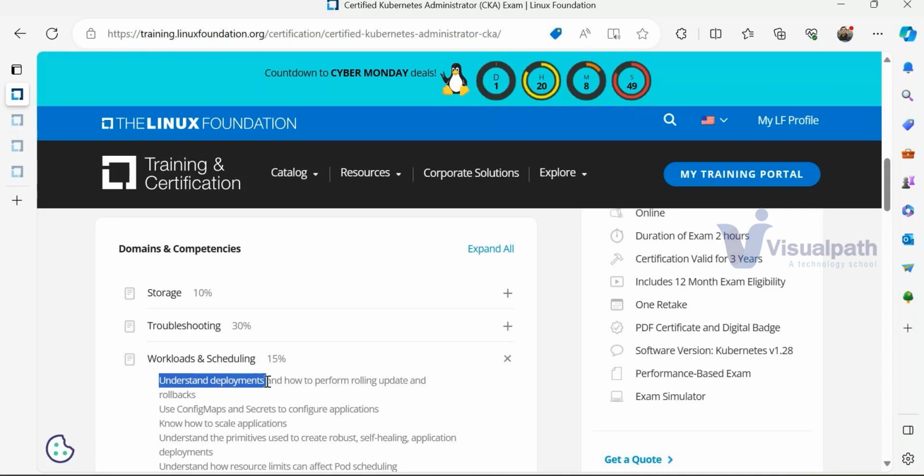Basically, we are using YAML. YAML is nothing but a key value pair only. No coding, absolutely zero coding. Not even one line of coding is needed. It's just a key value pair. For example, the server IP address I want: server IP is my key, and the value I can assign is 10.20.30.40. Same way, port number is my key, and I can assign the value as 8080 or 5000.